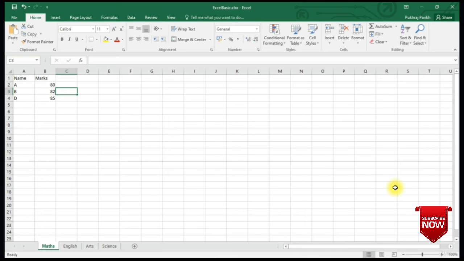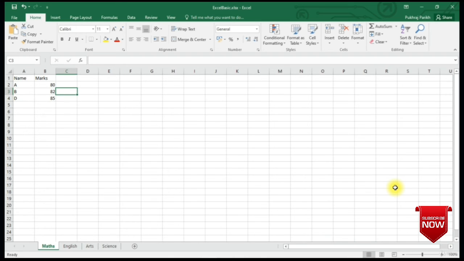Last thing we are going to cover in this lecture is the hiding and unhiding functionality. Often we keep extra data in rows and columns or even worksheets. This data may not be useless. The data may have been used for calculations and we may not want to show these calculations, or the data may not be relevant to the person to whom we are showing our worksheet.